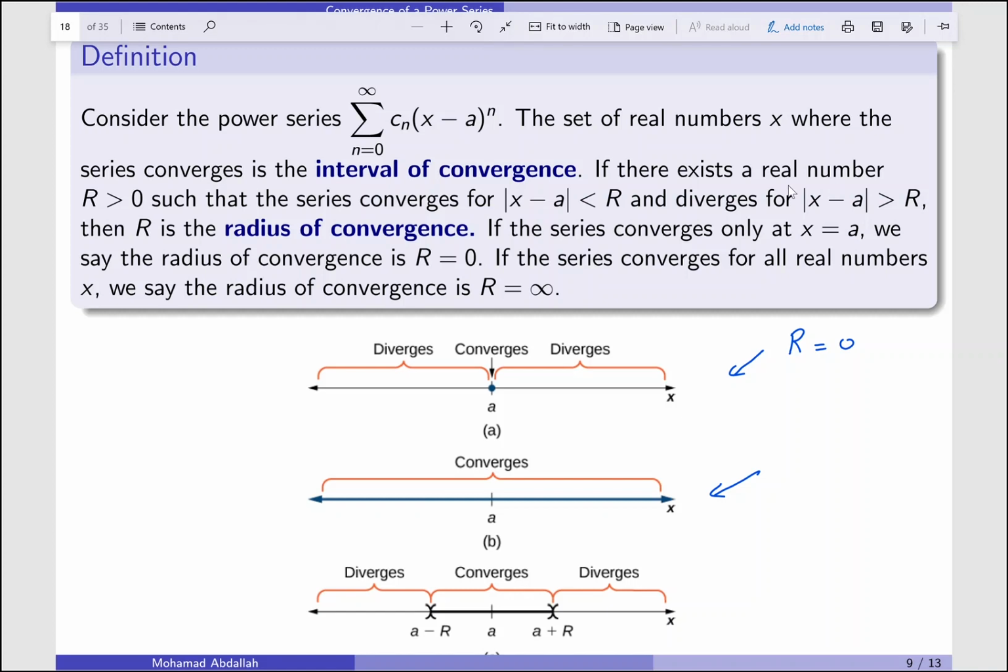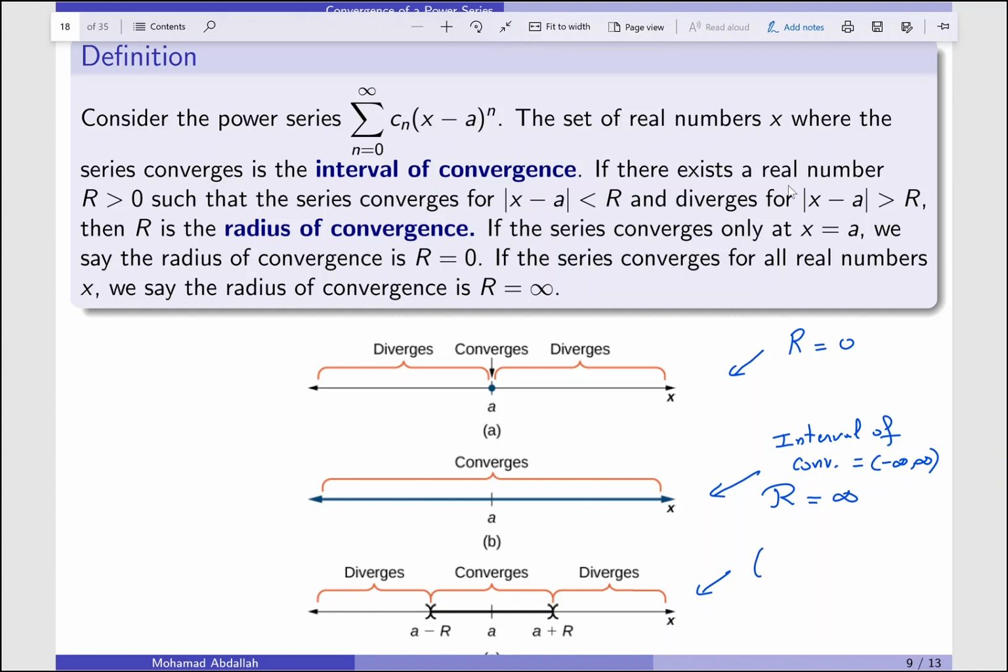When the series converges for every value of x, the interval of convergence is R, which is -infinity to infinity, and the radius of convergence is infinity. Over here, the interval of convergence